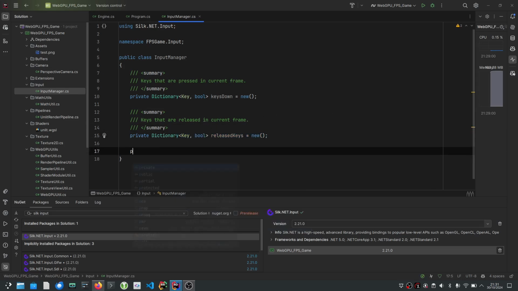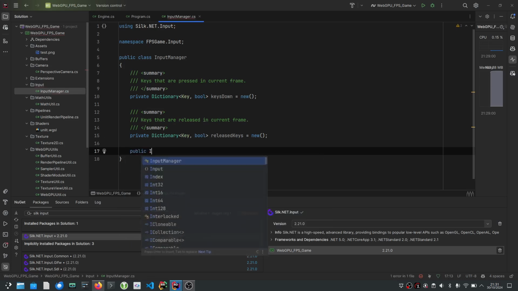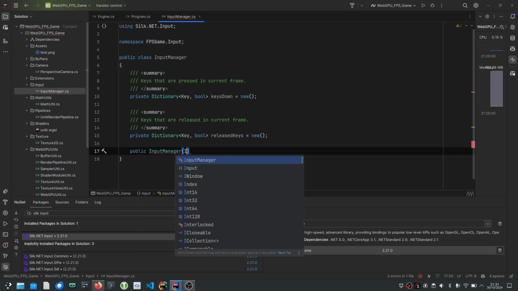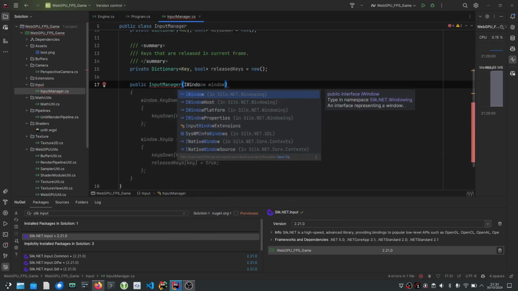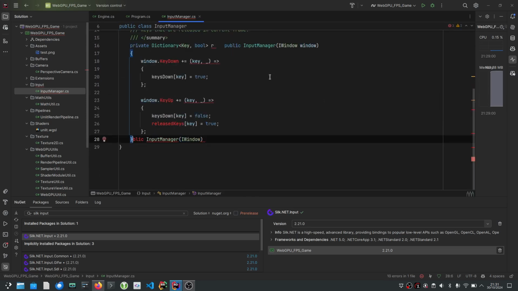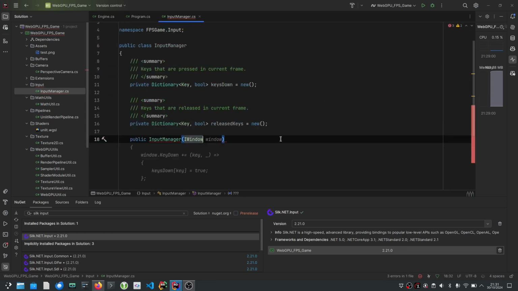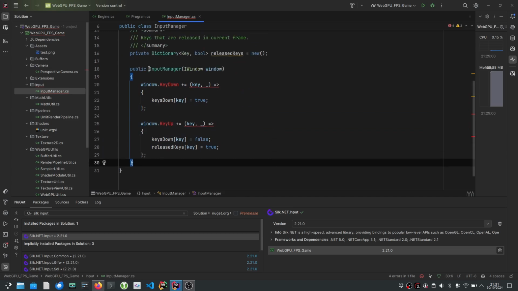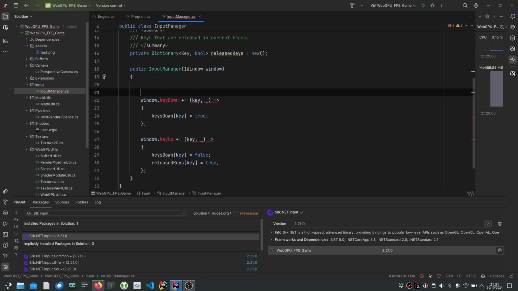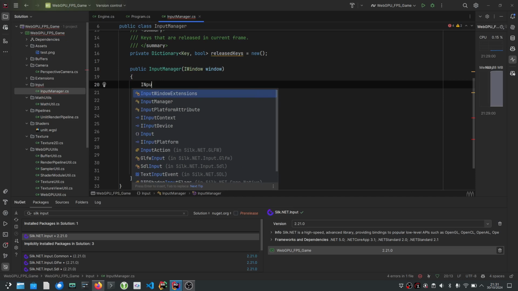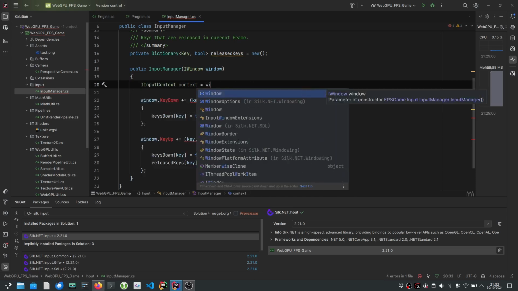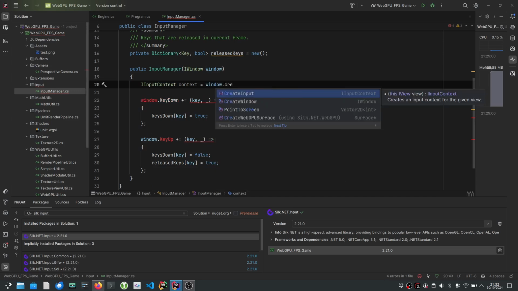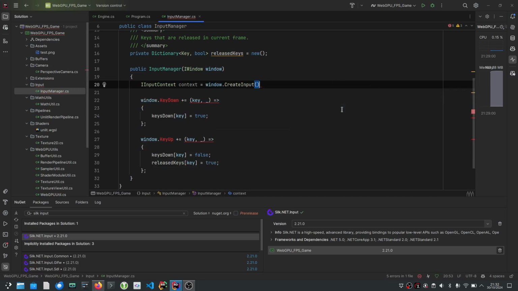Okay, so finally, let's create our constructor, and we're just going to use the window here. I even have some suggestions here, almost. It says window, key down. That's the wrong suggestion, but it's not that far from being correct. So we need an input context, and we create it from a window. So there is this method, CreateInput. We just create it,